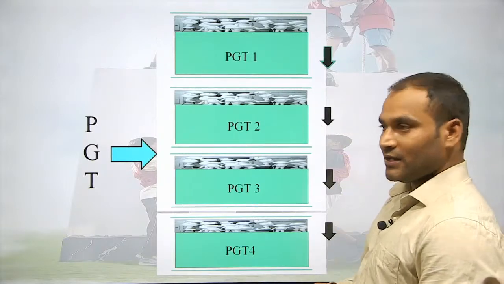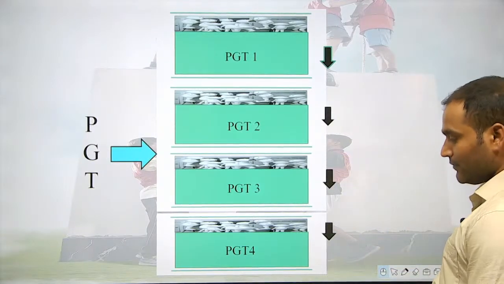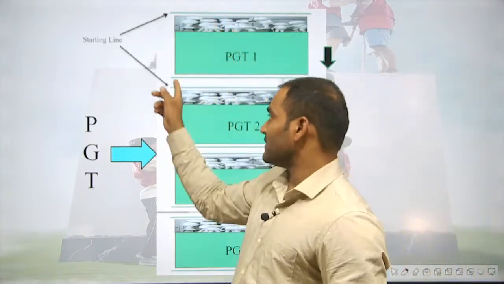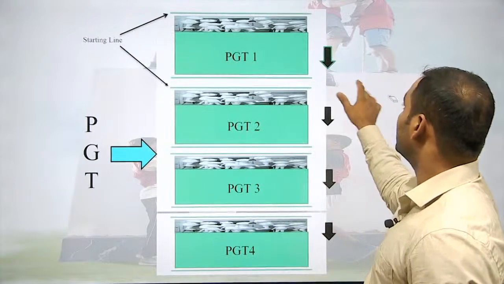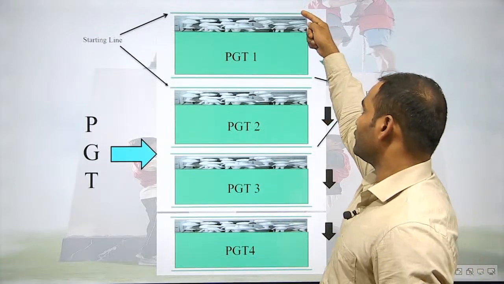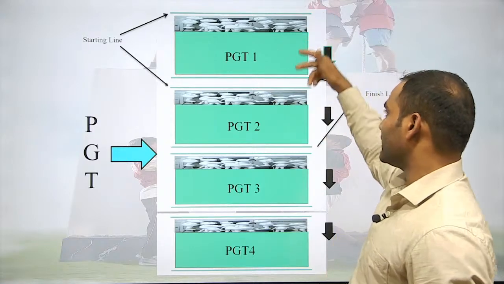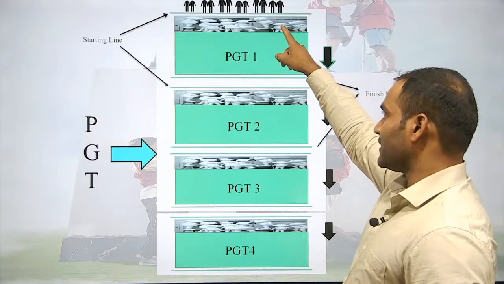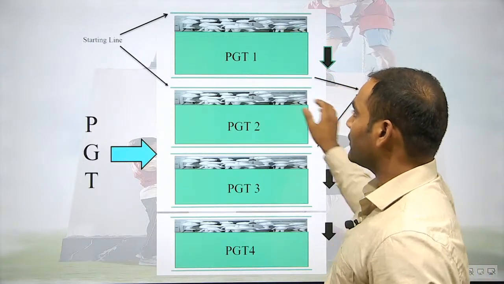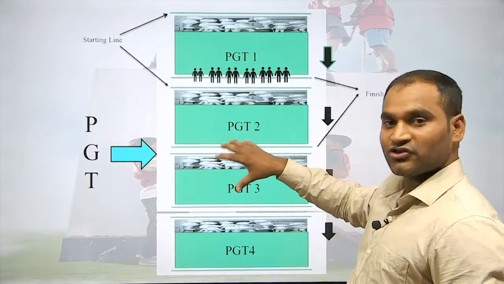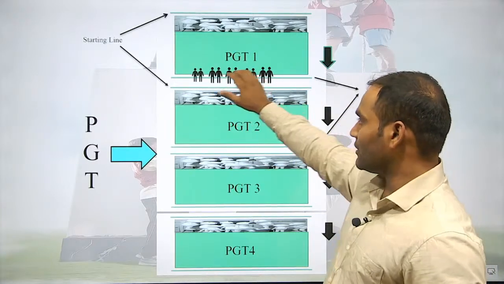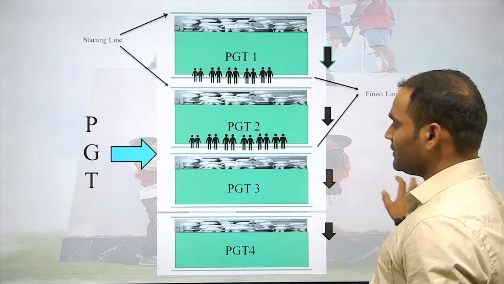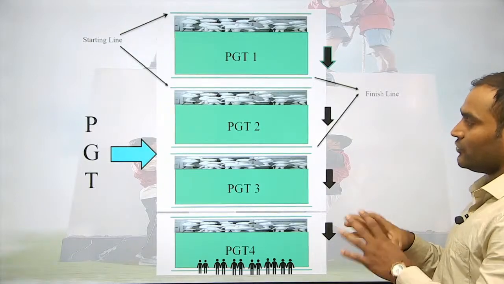That is the work, and it is to be achieved together with your teammates. Listen, this is the starting line and this is the finish line. Once you start from here, you end up here. Once all members are standing there, you have to reach here by using certain kinds of structures. Once you reach here, the second progression starts, then the third, then the fourth, and then your exercise ends here.